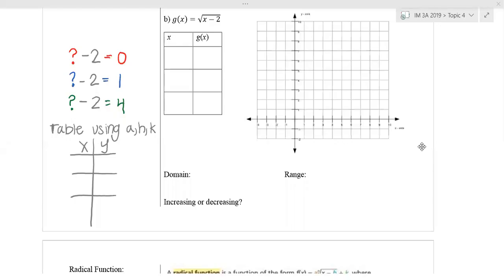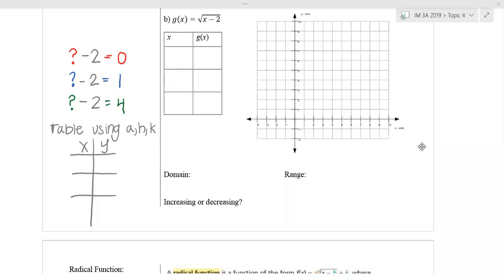Okay, so for this video, we're going to talk about how to graph a square root function when it's kind of in transformational form, and we'll connect it to using A, H, and K in the problem after we've just kind of talked about it conceptually. So if I have g of x equals the square root of x minus 2,